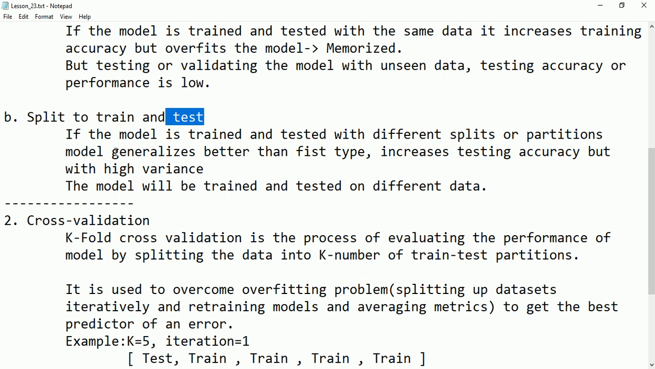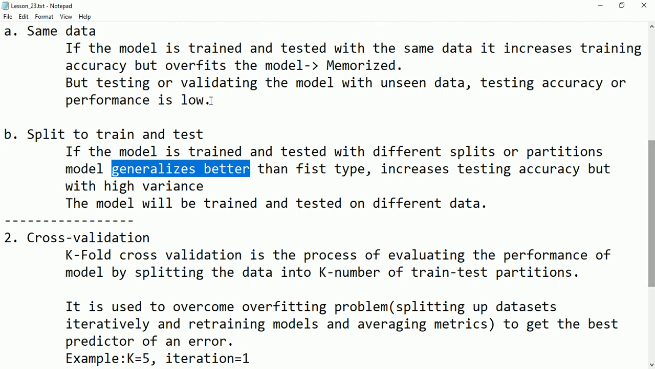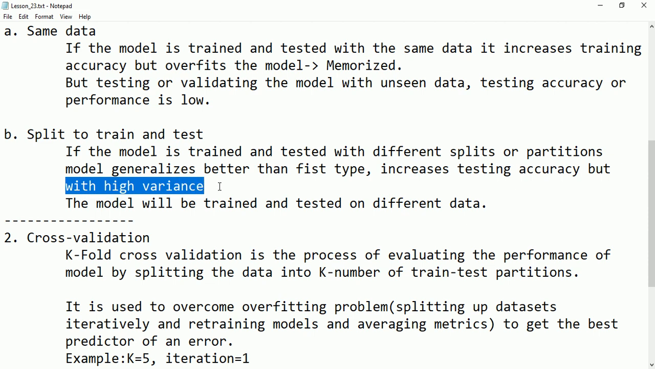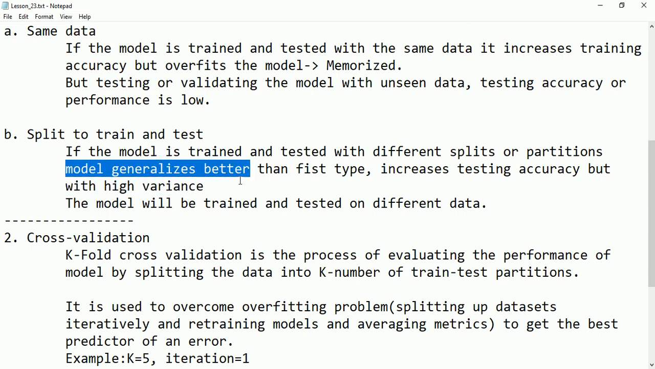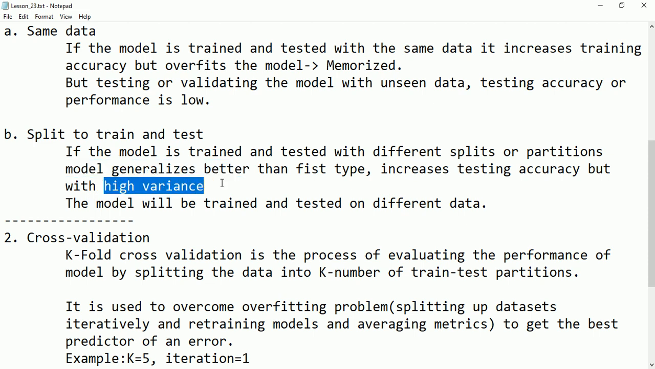So the model generalizes better then. If this is the case, the model will be better compared to the first type. It generalizes better and increases testing accuracy, but still with high variance, because although applying unseen data lets the model generalize, we still have high variance. So here in this split